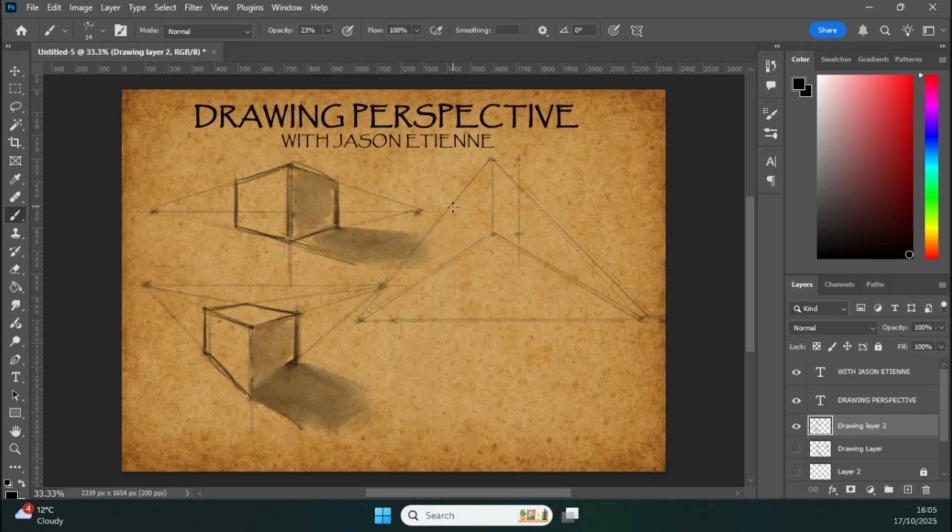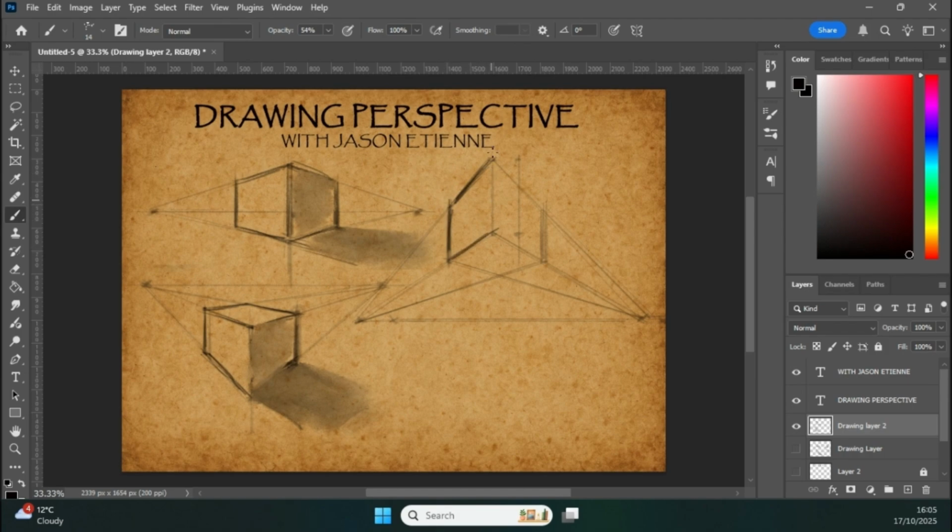And then we'll draw some lines down, and this will be forming our cube. And then just like before, we'll have that going to that one there, to that vanishing point. We'll have that corner going to that vanishing point. And now if we just increase the opacity, and I'll just draw this in by hand, we've now got a